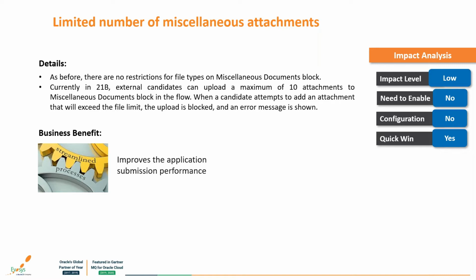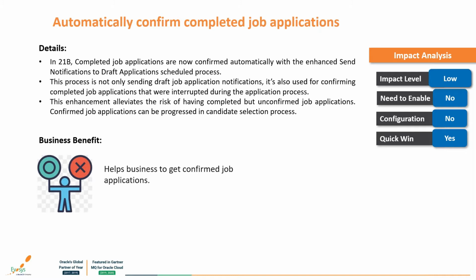Moving forward to the next feature, which is automatically confirm completed job application. Yes, this is a very important feature. As we can see in 21B, completed job applications are now confirmed automatically with the enhanced send notification to draft applications. This scheduled process is updated with these automatically confirmed completed job applications. The process is not only sending draft job application notifications to the candidate, it is also used for confirming the completed job applications that were interrupted due to some reasons